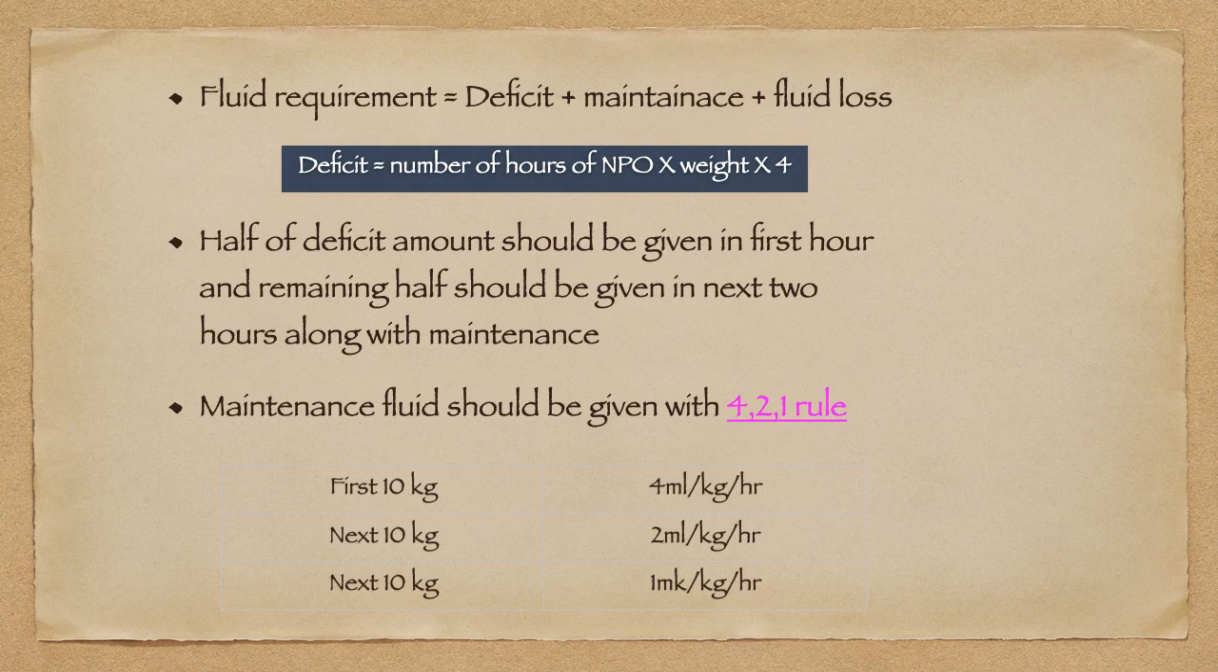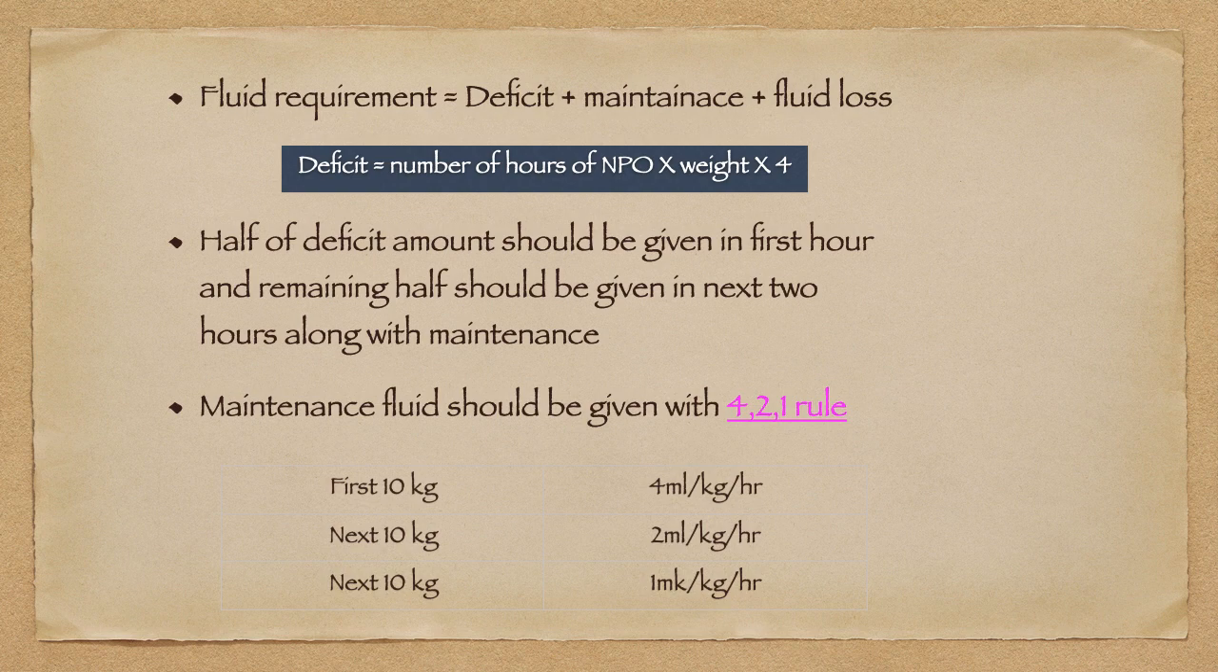So how are you going to calculate the fluid requirement? You have to calculate fluid for every child and stick it to the anesthesia machine, so that you give fluid according to the plan. Fluid requirement equals deficit plus maintenance plus fluid loss. Deficit is calculated as number of hours of NPO into weight into 4. Half of the deficit amount should be given in the first hour, and the remaining half should be given in the next 2 hours